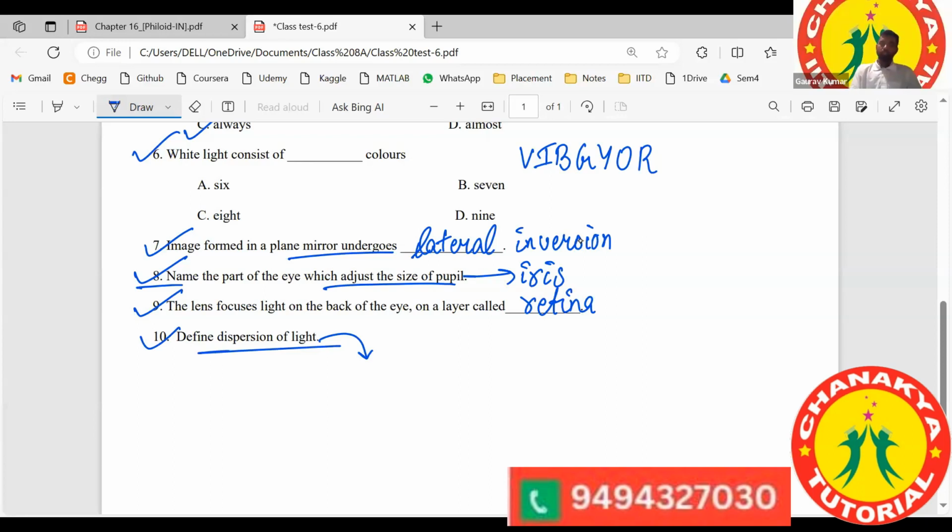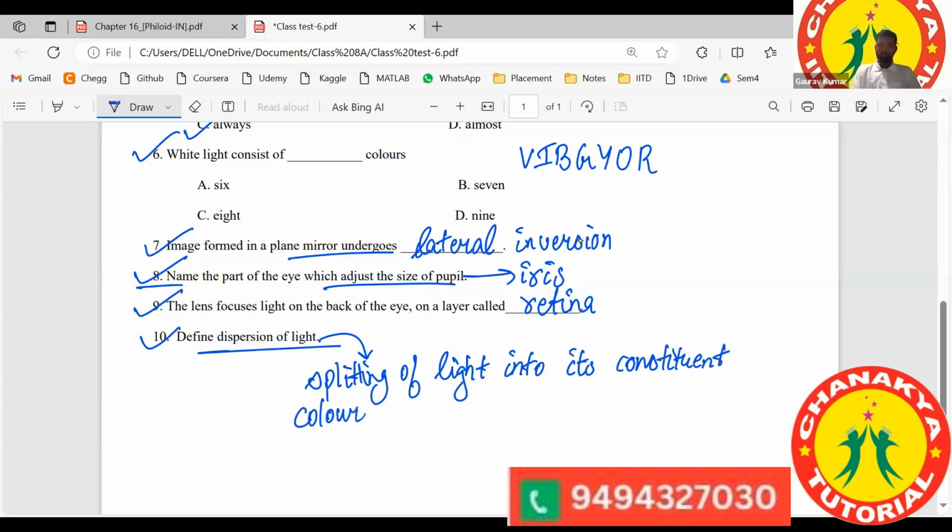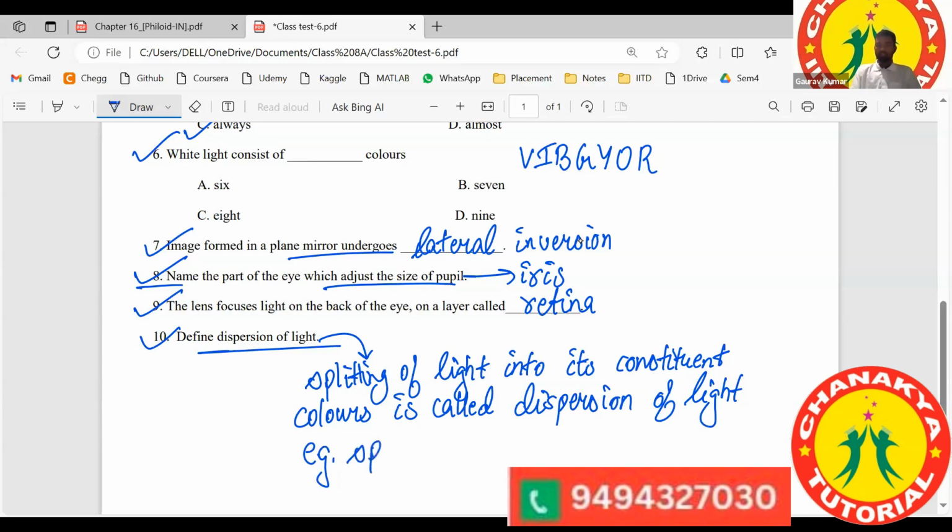So in general sense, you write that the splitting of light into its constituent colors is called dispersion of light. And here you can say, for example, there is white light splitting of